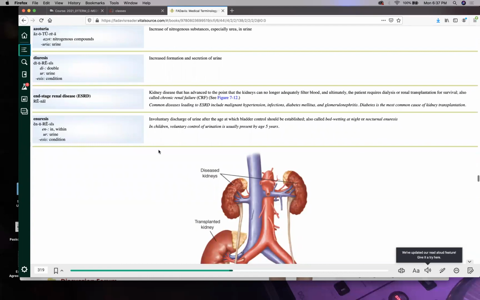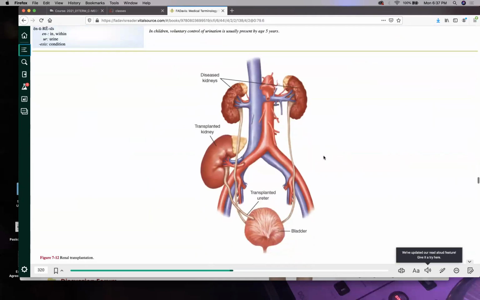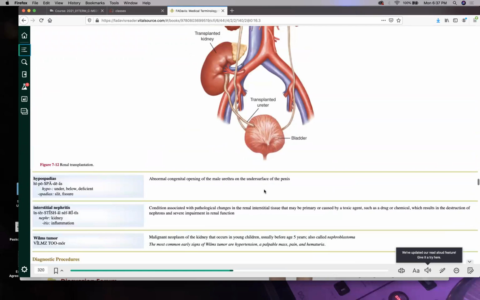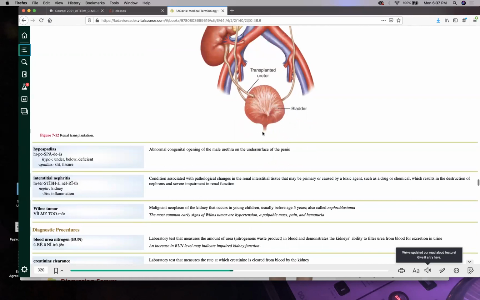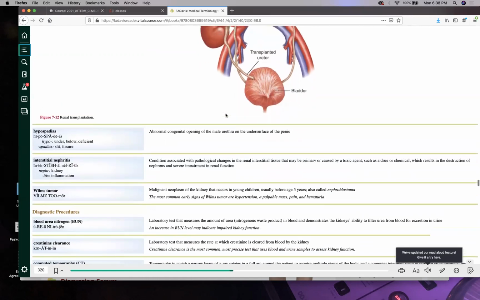Enuresis is involuntary urine. Now, when you're really, really young, your nervous system isn't fully developed, so that's why you wet yourself. But when you're really, really old, you could have some nervous system issues, or like we mentioned earlier, you could also have some muscular sphincter problems here. And you know that the sphincter, or the circular muscle, is what keeps all the urine in. And if that's not good, especially in babies, or even some nerve damage, as in like an S2 to S4, sacral 2 to sacral 4 injury of your sacral nerve, you might wet yourself.